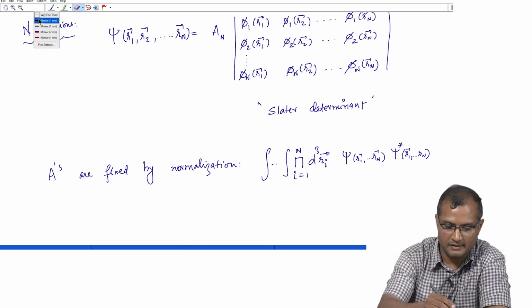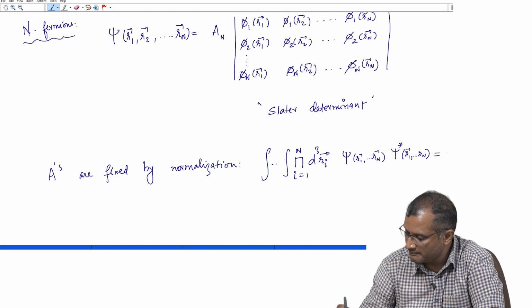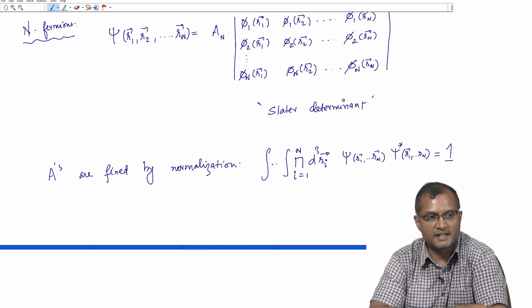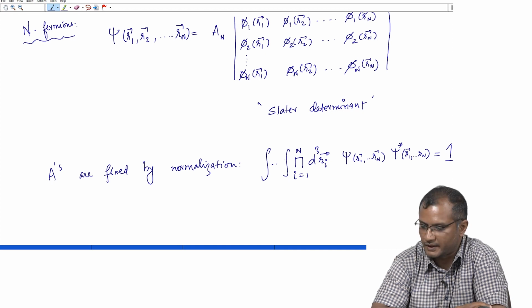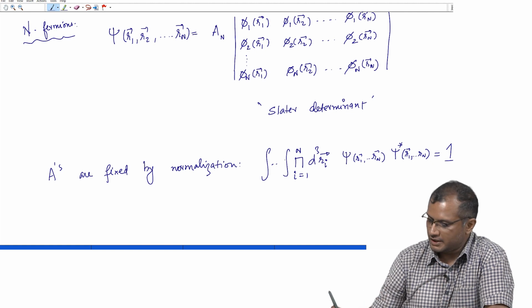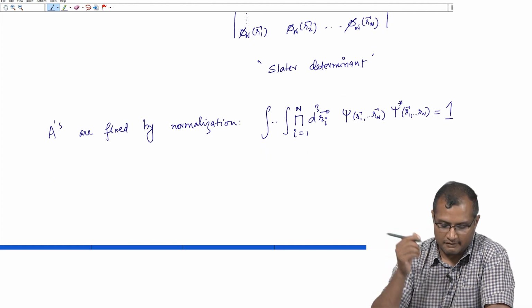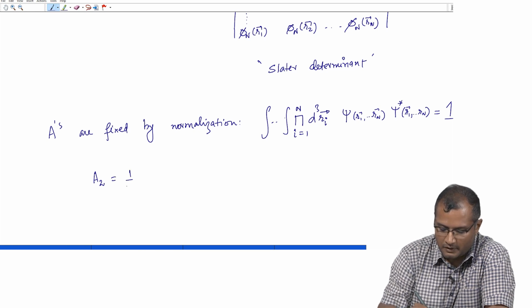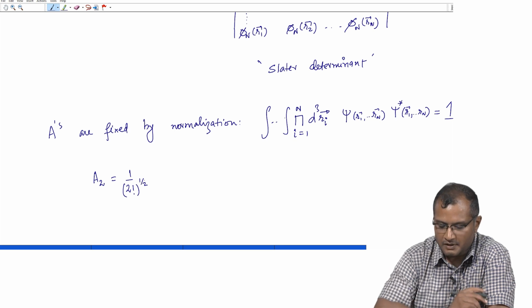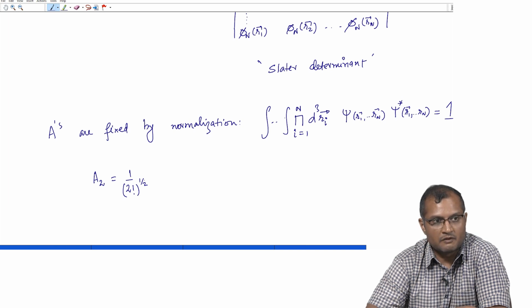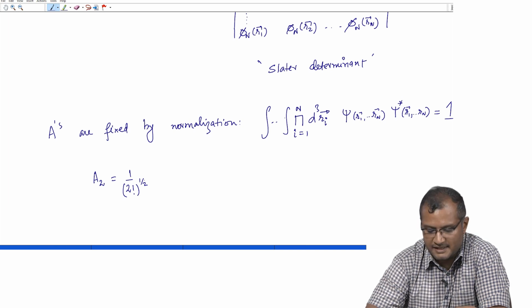This is my normalization. So, the volume integral of psi star psi is 1. Okay. So, for example, for 2 particles I can think of A2 as just 1 upon factorial 2 to the power half, because when you do a psi star psi, this will become 1 upon factorial 2, and precisely